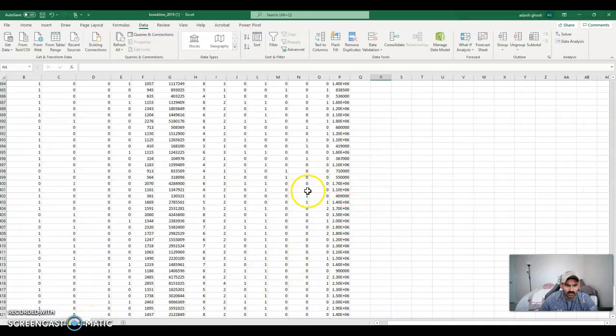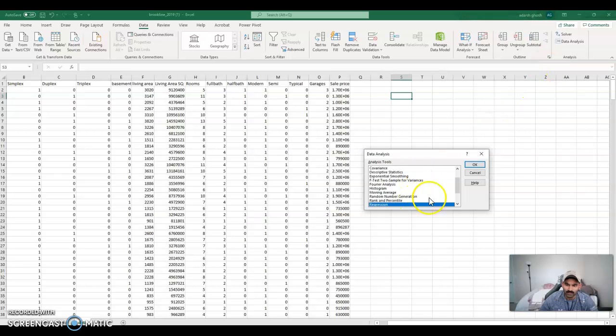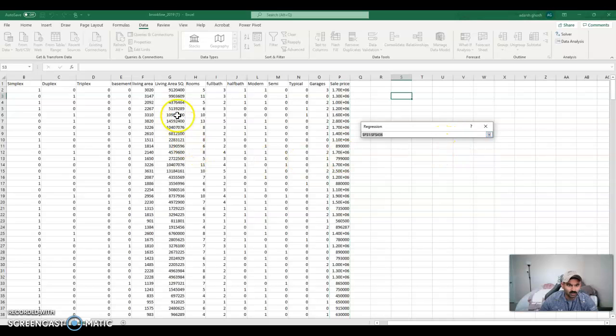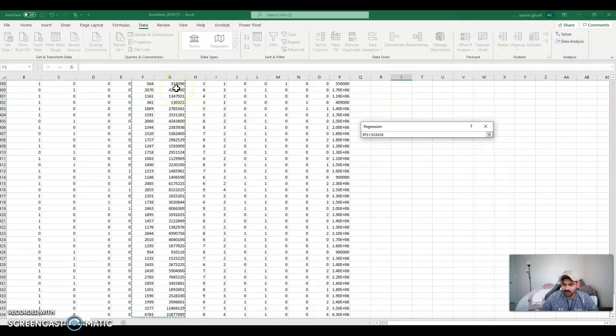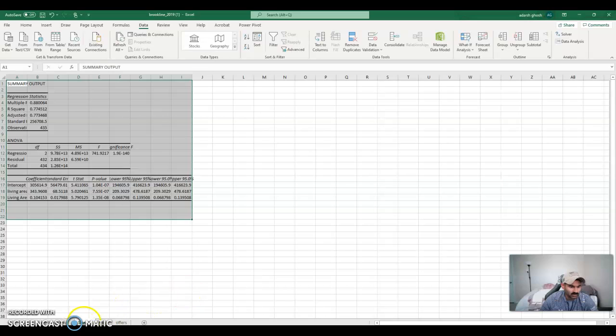I'm going to go back and do the same thing now. We'll go through the data here in a second, but I'm going to do it again for my nonlinear regression. Again, my input data range, my dependent variable here is price, and then now for the input, I want it to be both living area and living area squared. And then select it and make sure it's all grouped together. If it's not, it's going to get really upset at you. Alright, and this outputs